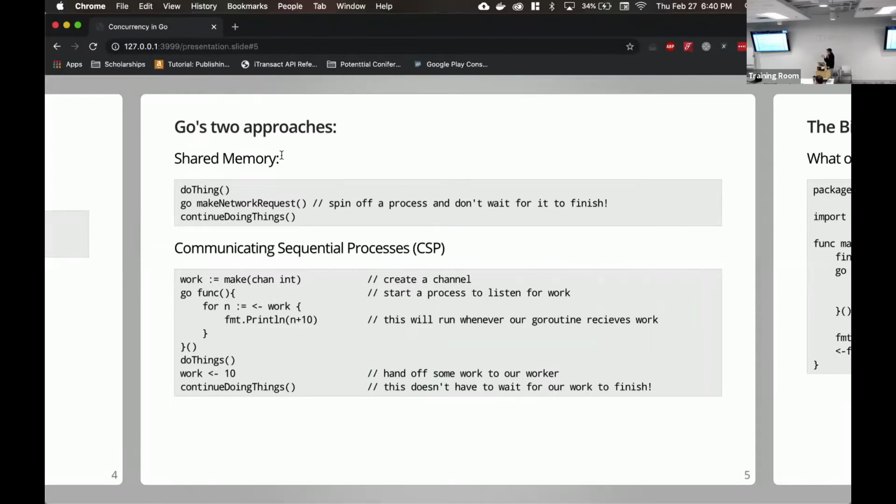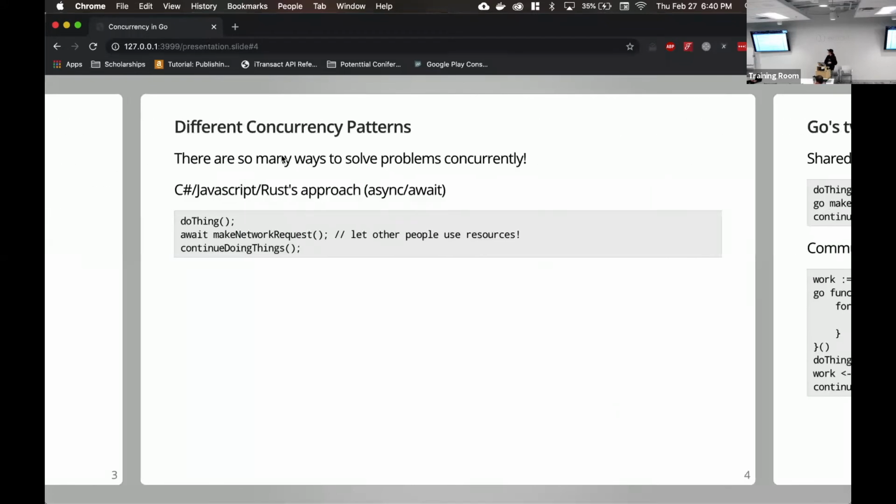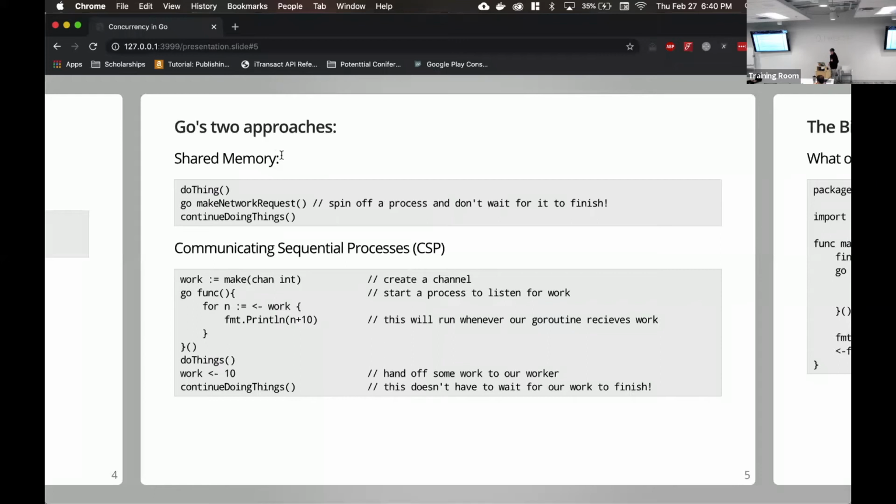So there's kind of two approaches to Go's concurrency. You have like a shared memory. Go routines, it's kind of one way that they deal with this. And Go routines, the functions that you are calling or you're creating the Go routine with can't have any return variables, whereas this await make network request could return, say, an int or something, or a struct.